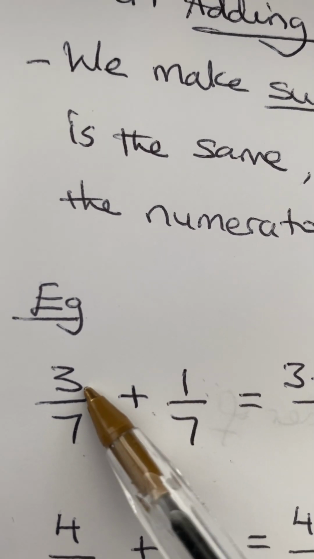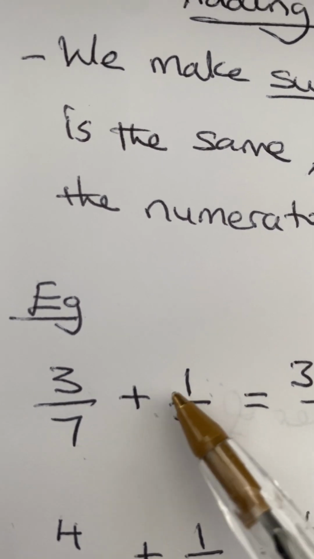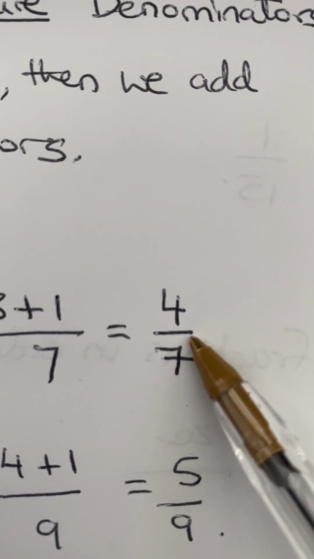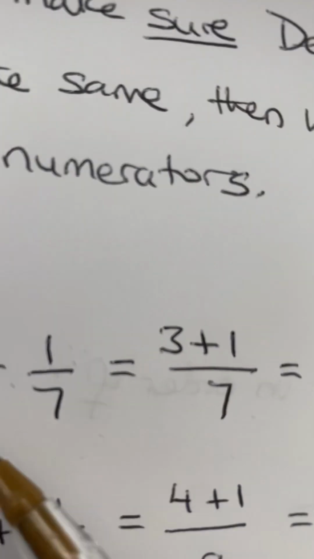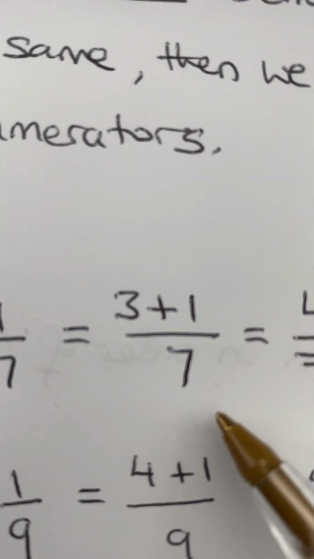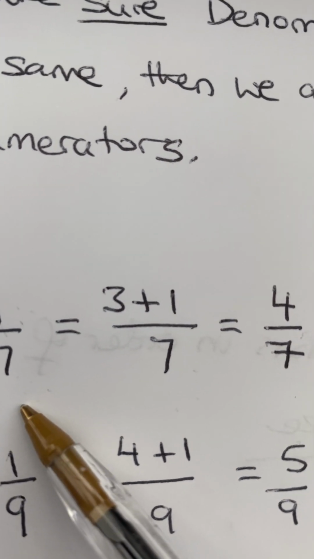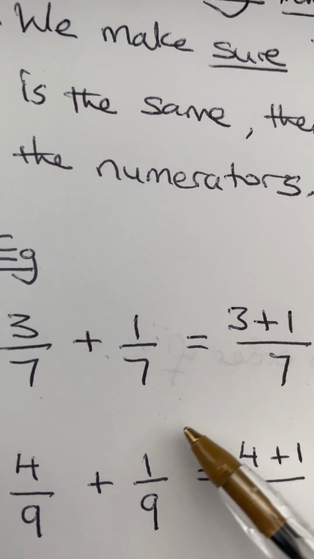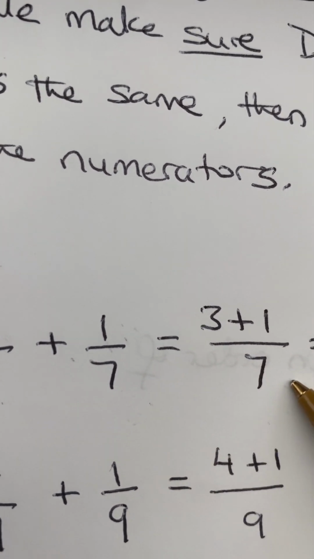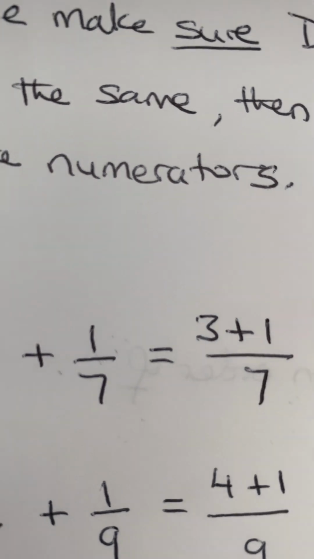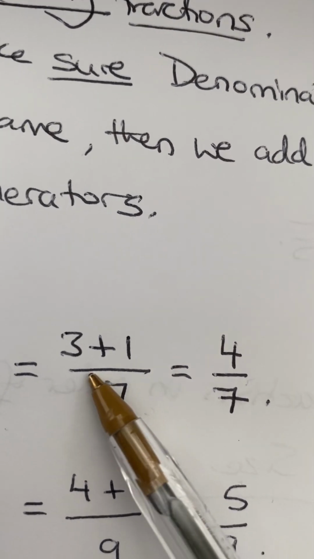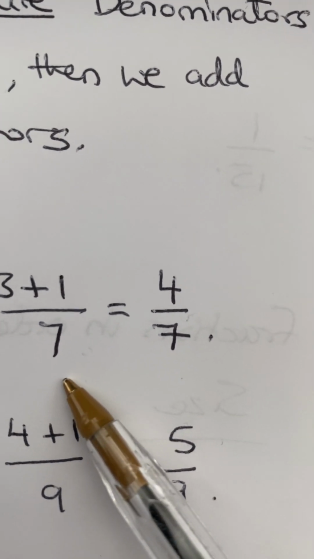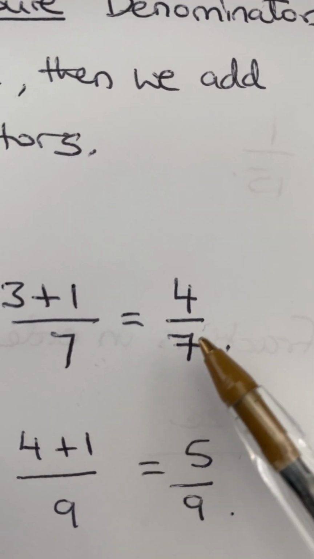So here we add 3 add 1, which is 4, and the denominator stays the same, 7. We do not add the denominators, we only add the numerators when the denominators are the same. Remember that. So the answer will be